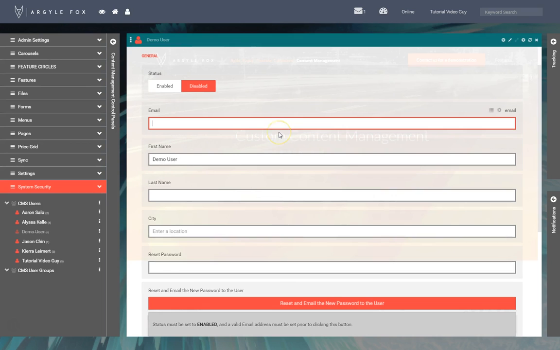We're going to need to give this guy an email address so that he can get his password. As a best practice, it isn't a best practice to actually set the password for the user. It's actually better to create the account and have the system create a password and then email it to them. So that's how we're going to do it. So we're going to go demo user